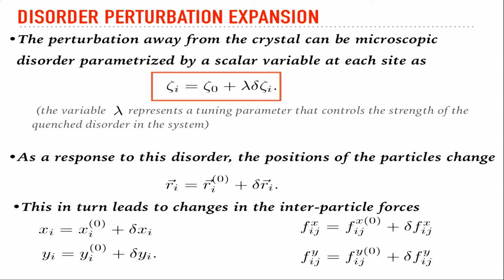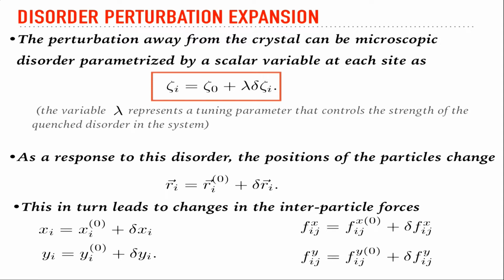What I mean by that is you start with a pure triangular lattice, and add a little bit of variation in the particle sizes. For each amount of this variation, the particles move. But we're always going to be imposing exact force balance. So that has to be exactly imposed at every stage. So as a response to this perturbation,